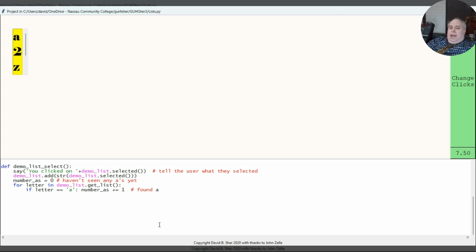We found an A. And then at the end, we can say to the user, there are plus number, change it to A's, A's in the